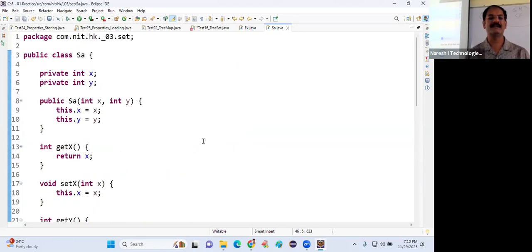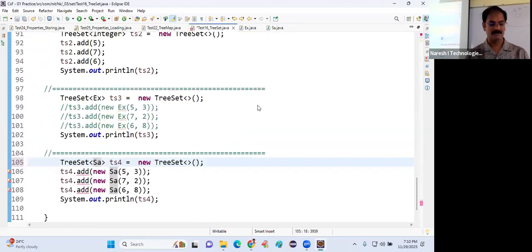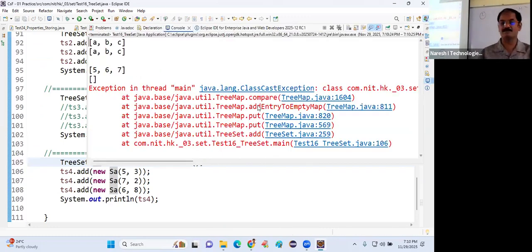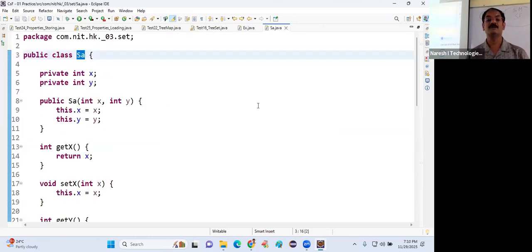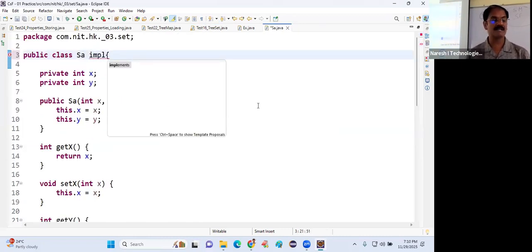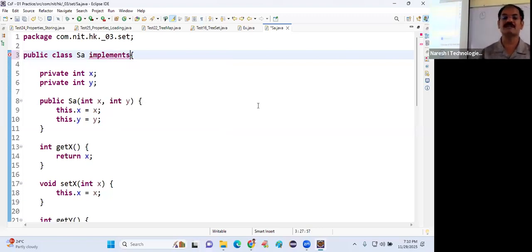Okay, I deleted implements. Then go back to TreeSet and save it. Now compile. Look at there. We'll get a runtime error, ClassCastException. No, I want to store my Sample objects. Then make it talk to TreeSet. How? By implementing, make this class compatible to TreeSet. Implements